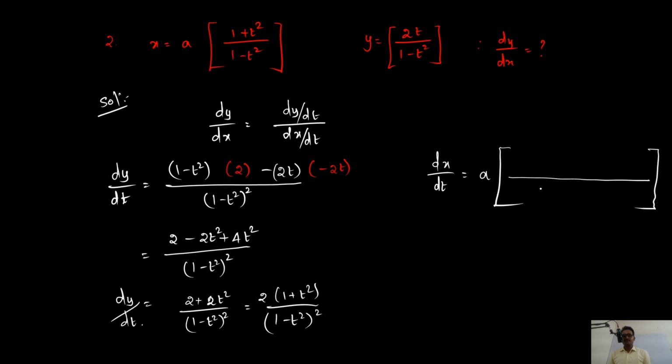And u by v method, so v square, v u dash minus u v dash, and differentiation of this value. 1 plus t square differentiation is 2t because 1 is a constant, that is 0. t square, it's the x power n formula. x power n differentiation is n x power n minus 1. Here 1 minus t square differentiation is minus 2t,